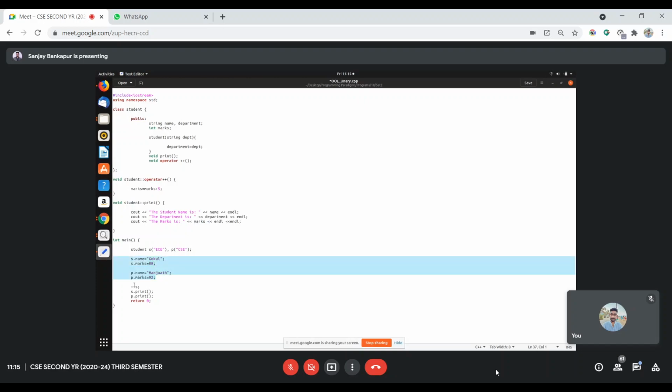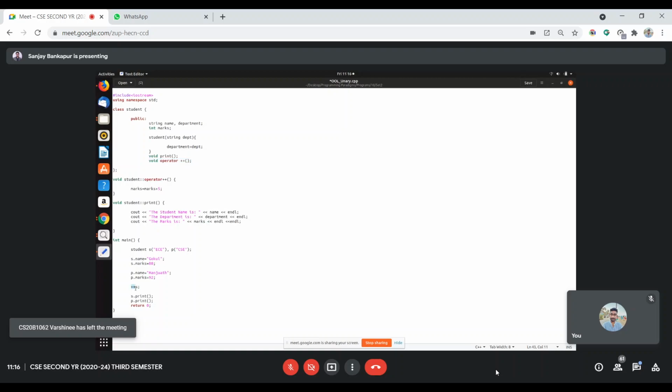And plus plus s is applied on Gokul's object. This is a unary operator. Whenever plus plus comes with a primitive data type, it just adds. If it is an object, then it definitely looks for a declaration with a definition. During compile time, the compiler will get to know there is a declaration as well as a definition.